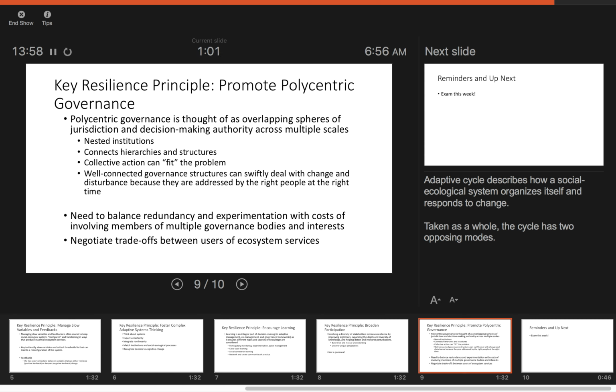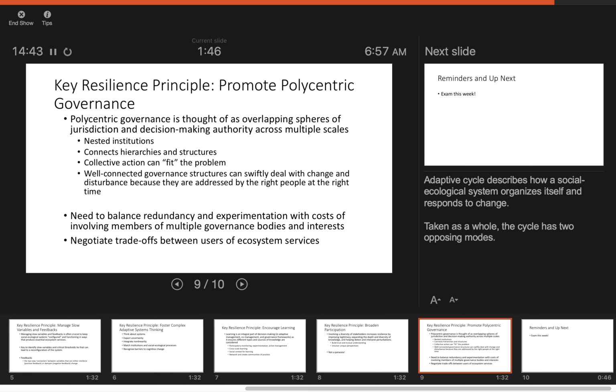And then the theory here, or the thinking, is that well-connected governance structures can swiftly deal with change and disturbance because they're addressed by the right people at the right time. That sounds like a panacea to me, but wouldn't that be great, right? If we were able to design governance structures where the right people at the right time could address the problem. A couple of caveats: the need to balance redundancy and experimentation with the costs of involving members. So there are costs to participation. Thinking about balancing that with the benefits, and then negotiating trade-offs between